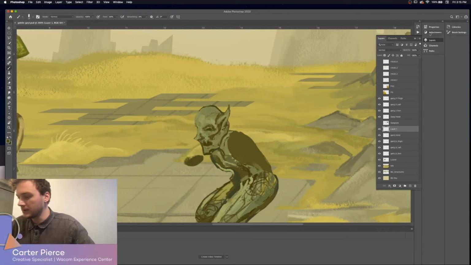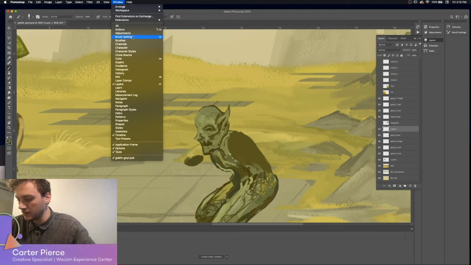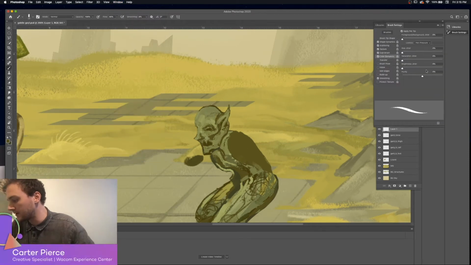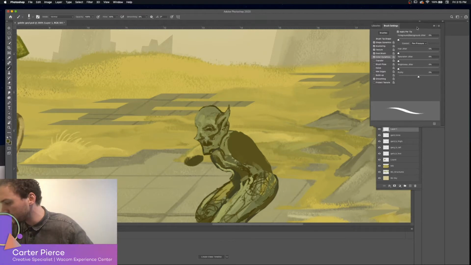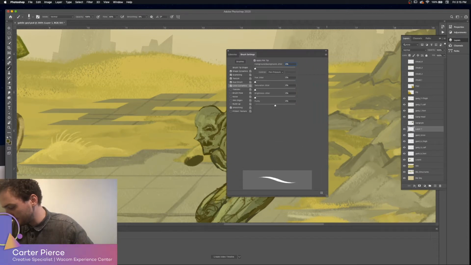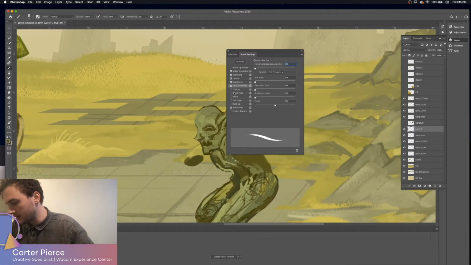Let me take a look here. So I'll show you what I do to the brushes. I go into color dynamics. It's a really small window. I don't know if you can see this. Can I expand this? No. So I usually go into, there's a little column, or row rather, color dynamics. And if you're working with a Wacom pen,